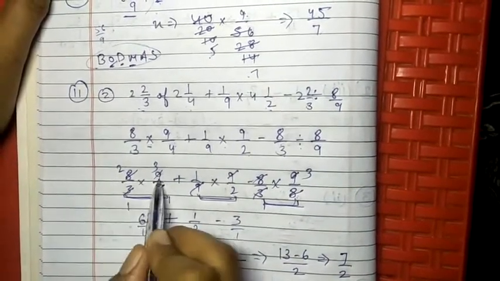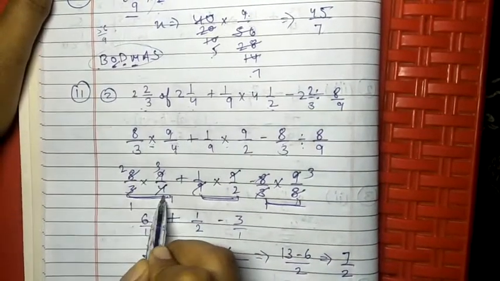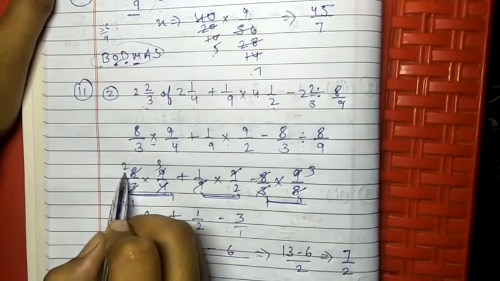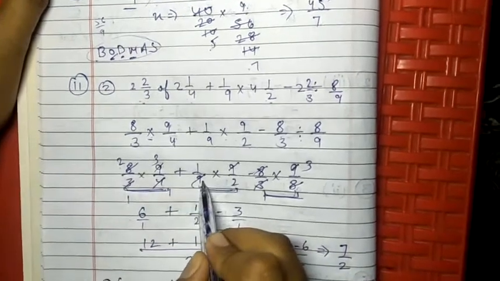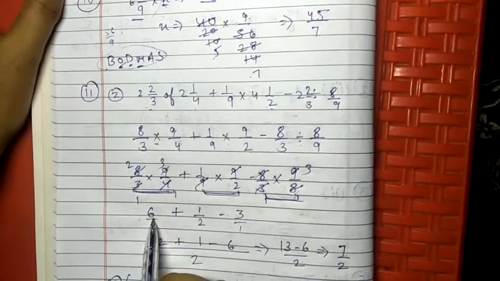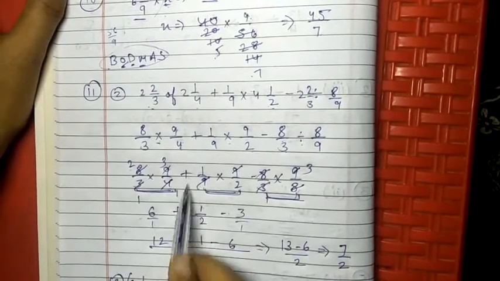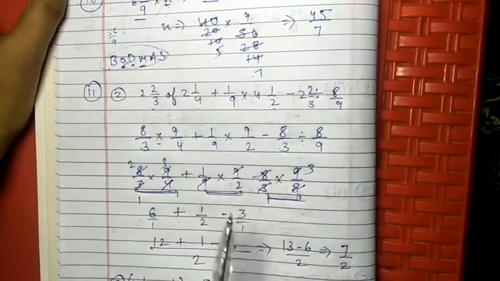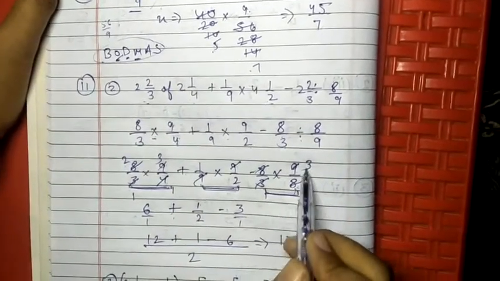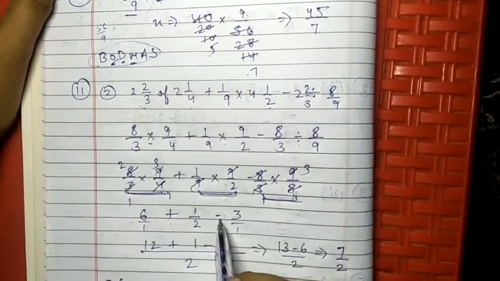This can be divided by 3, so 3 1s are 3, 3 3s are 9. This can be divided by 2, so 2 1s are 2, 2 2s are 4, 4 1s are 4, and 4 2s are 8. Now here 9 divided by 9, only 2 is left, so 1 upon 2. Here 2 and 3 are left, so 6. Now the plus sign, and there only 1 upon 2 is left. 8 divided by 8, and 3 is stable, 3 1s are 3, 3 3s are 9, and this is negative, so the minus 3 will come here.